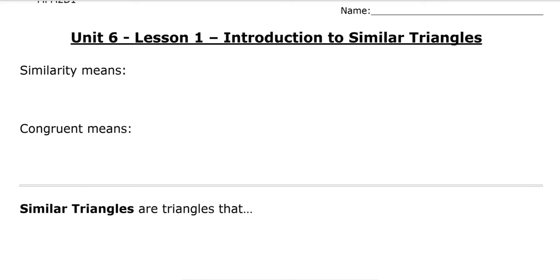So Unit 6, Lesson 1, Introduction to Similar Triangles. So let's talk about a couple of words here. One is similarity. When you talk about similarity, similarity means that we have two objects, and when we compare them, these two objects have the same shape. And not only do they have the same shape, but that shape could be an enlargement or a reduction